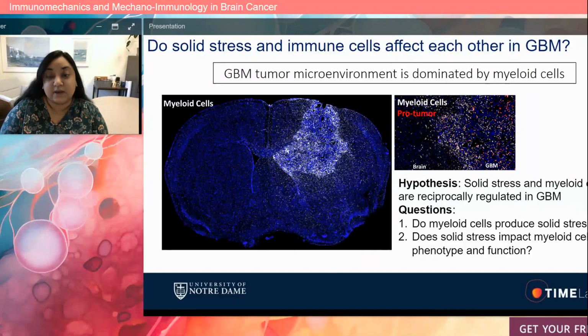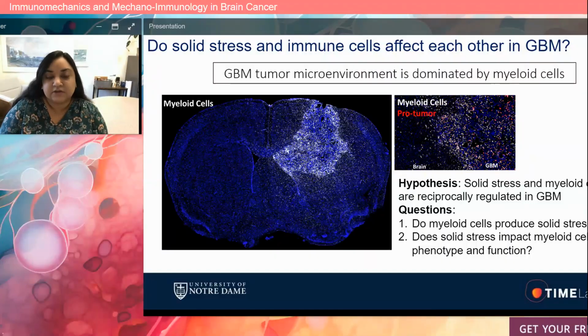So this is really where the immunomechanics part comes in. This is the ability of immune cells to exert a mechanical force. Whereas our second question is the reciprocal relationship. How does that mechanical force actually impact myeloid cell phenotype and function? And so this is where the mechano-immunology comes in, the impact of those mechanical forces on the behavior of those